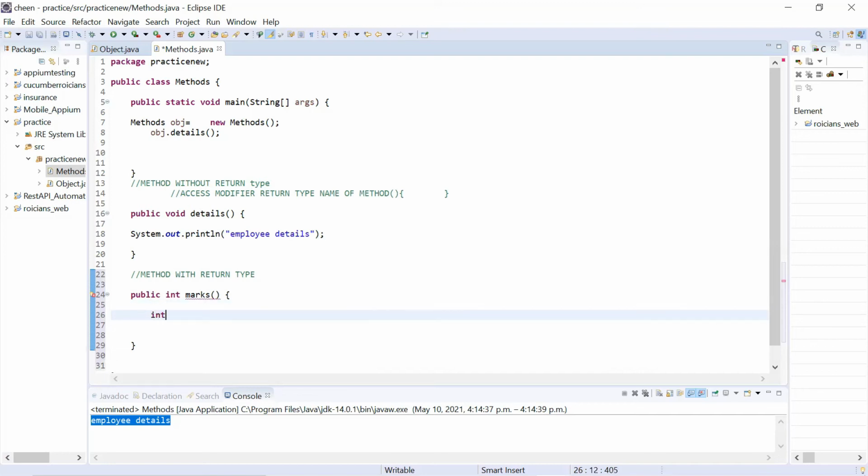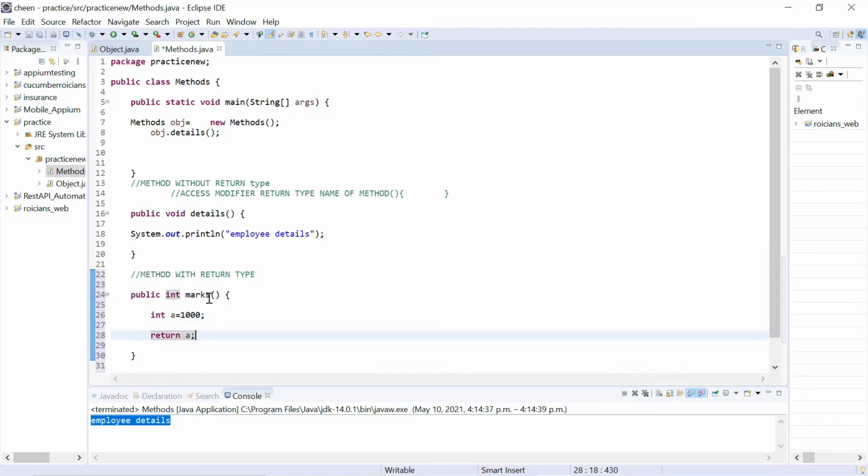Let's say I'm declaring a variable. I said int a = 1000. And now, whenever I call this method, what do I want this method to return me? I want this method to return me a. So I will write here return a.